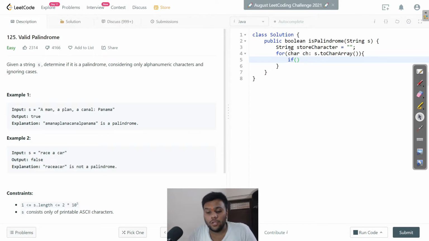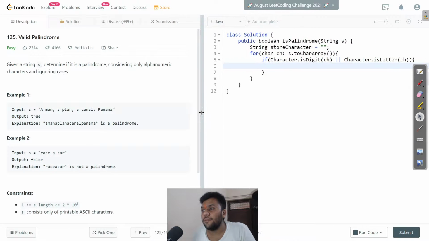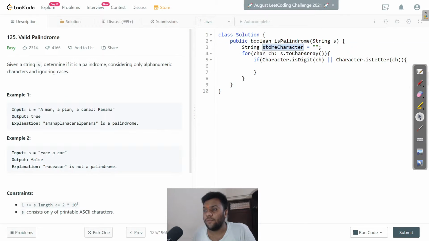So I will check if Character.isDigit(ch) or Character.isLetter(ch). If that's so, then I will simply put ch into my store character. Let me just copy it from here.